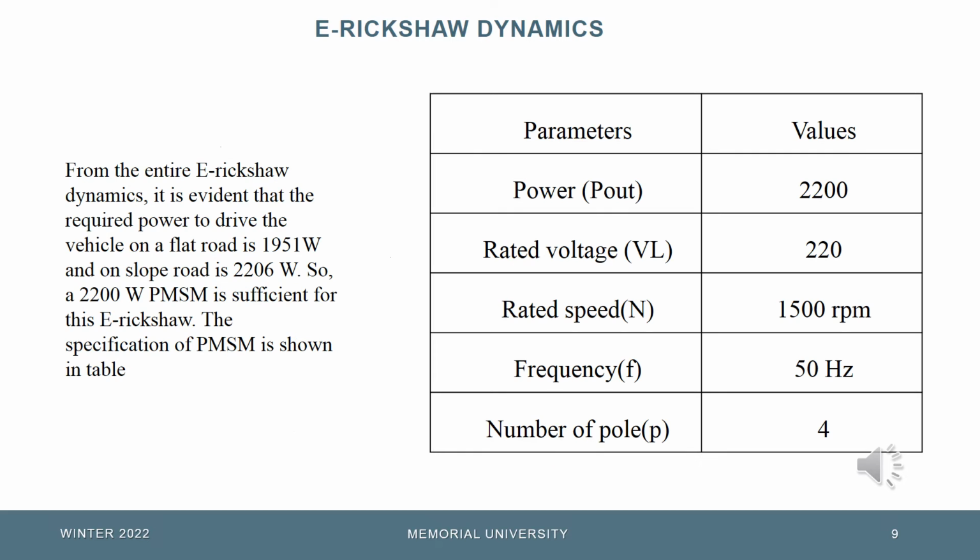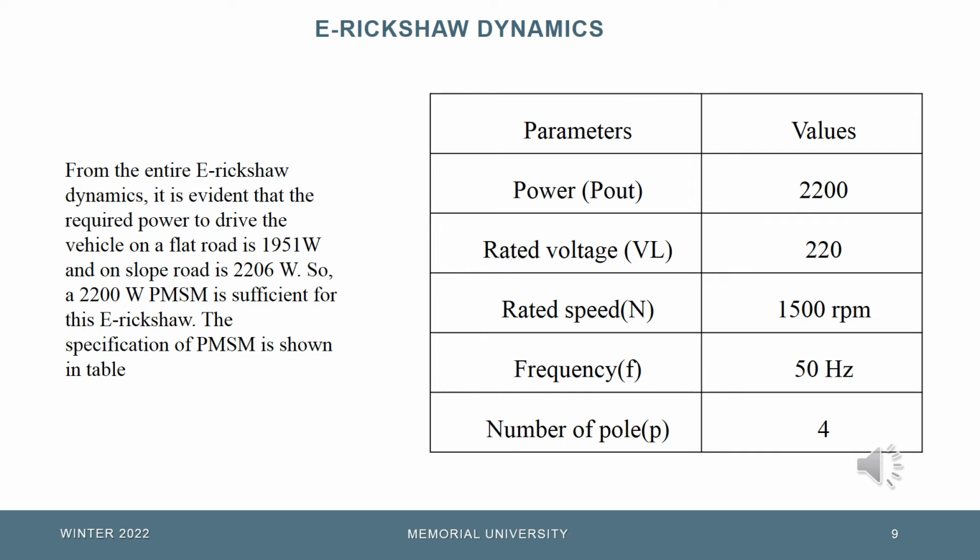We calculated the power requirement of the e-rickshaw's electrical motor. On a flat road, the energy required by the electrical motor is 1.951 kilowatts. On a sloped road, it is 2.206 kilowatts. So, the rated power 2.2 kilowatt PMSM motor is sufficient to drive the electrical rickshaw, and we have considered this motor,